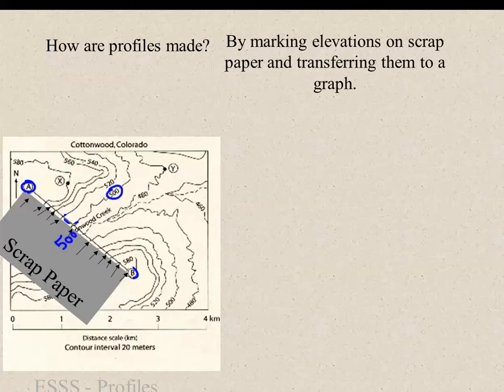I like to write them this way because it tends to fit better. There'd be a 520 for that line, 540, 560, 580. So you get the idea. This would be another 500 over here. This looks like a 520, this line. 540 right here. 560, 580. This must be 600. Okay, once you get all that done,